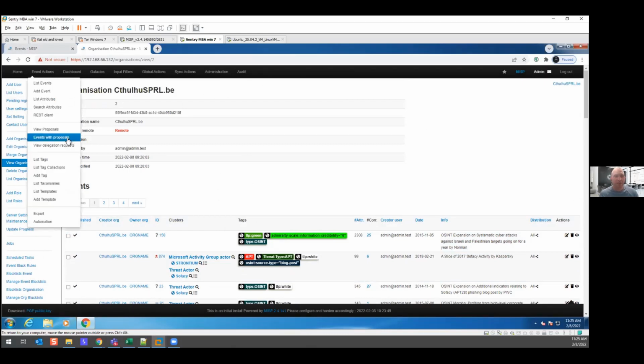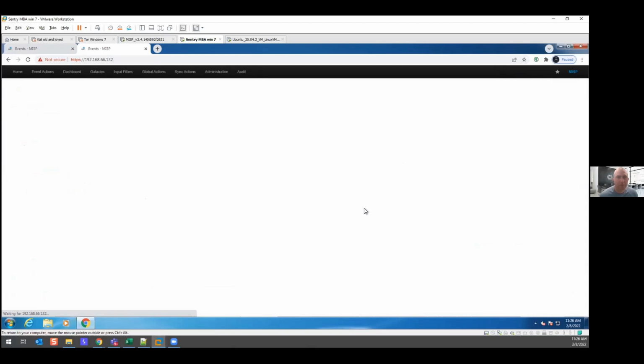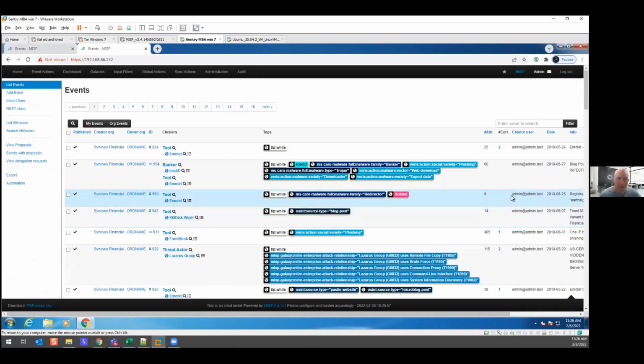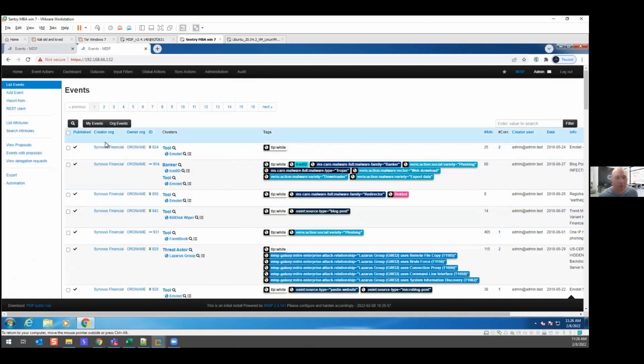Questions regarding MISP? Yes, we have one question. Could you please share the links for integration of the tools into the environment? Yeah, so the integration of the tool, you can do it both as part of the administration, and you can export the events, and there is also automation and export.